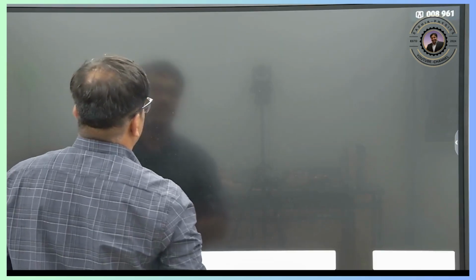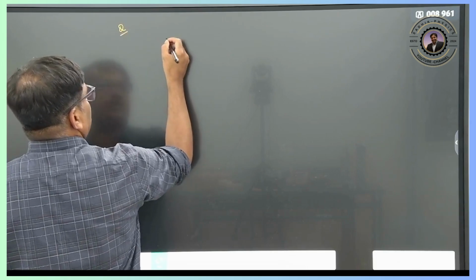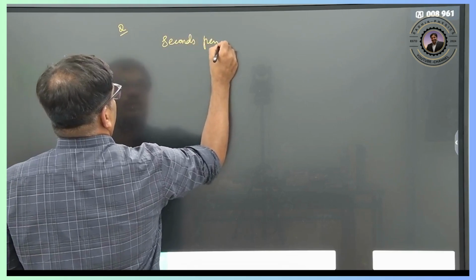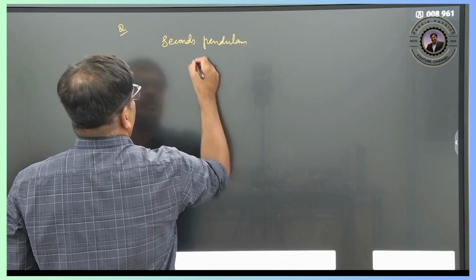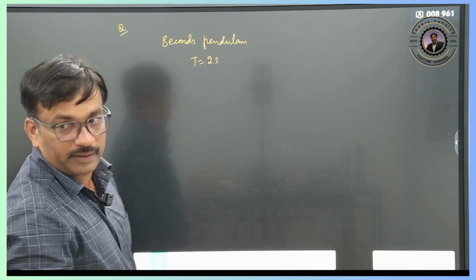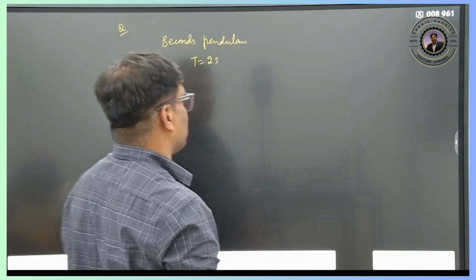Now, some questions. See here. I will take a seconds pendulum. Whenever there is a seconds pendulum, as you have heard, the time period should be equal to 2 seconds and the length should be equal to 1 meter. So if there is a seconds pendulum on the earth's surface,